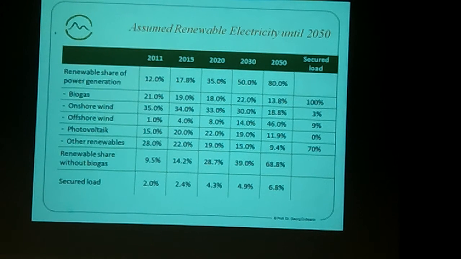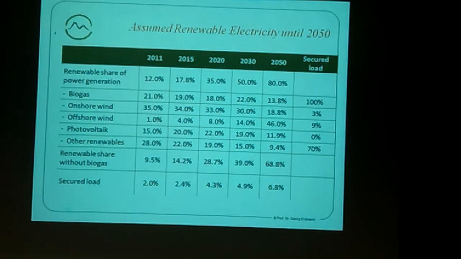Already you see you need a lot of backup technology. Maybe that is demand side management, maybe this is storage, maybe this is backup power stations. So these numbers, of course, you can change. We have thought that this is a little bit reasonable. Each technology is contributing to this growth of renewables, but the individual contribution is different. For example, photovoltaic will have some growth now, but in the future the share of photovoltaics in renewables will decline, but then offshore wind will become a major player